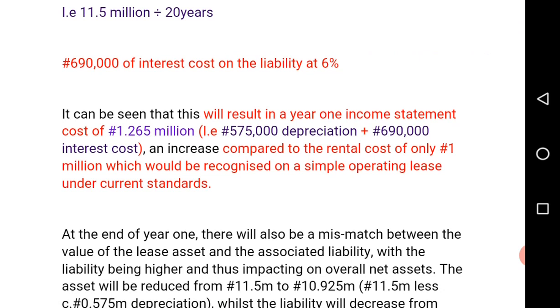So effectively, the current standard IFRS 16 has a higher expense value at the initial years of the lease than the old standard. Then over the years, the expense value starts to decrease until it gets lower than the old standard,